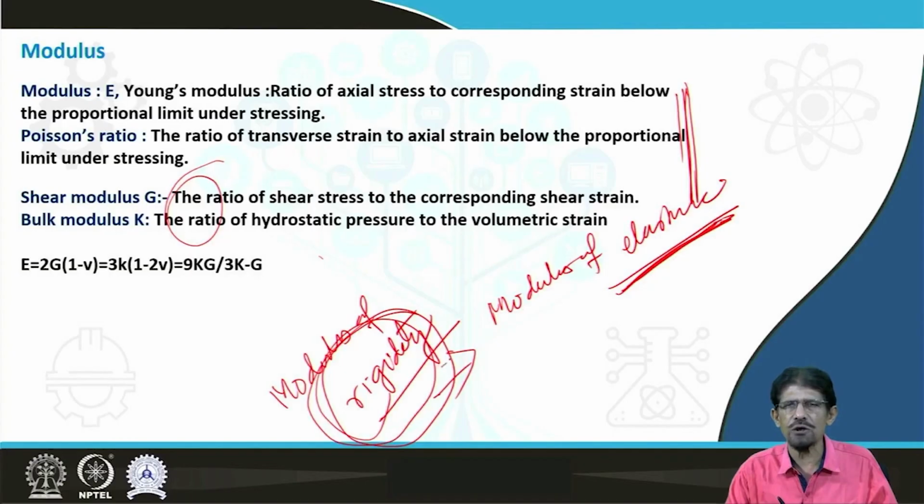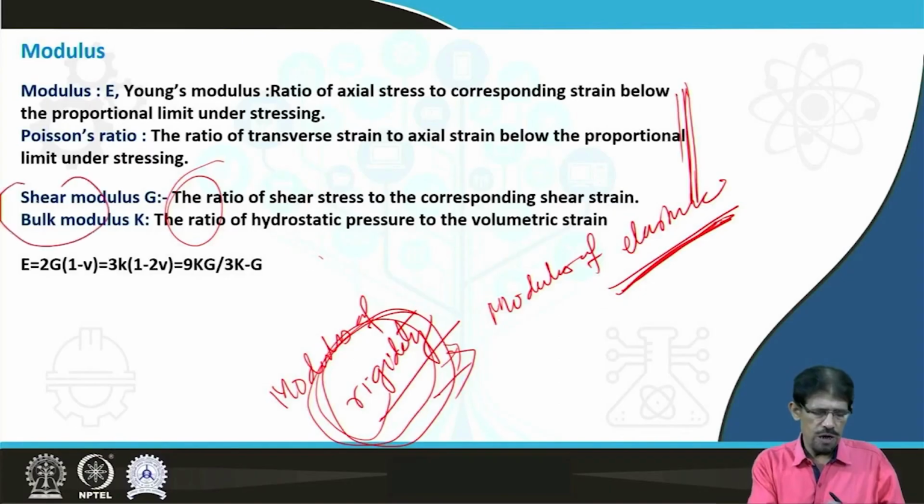Similarly, here the ratio of hydrostatic stresses with respect to change in volumetric strain. It means the ratio of hydrostatic stress or pressure and volumetric strain. If we are going to see this shear modulus, we can say that we can establish one relationship